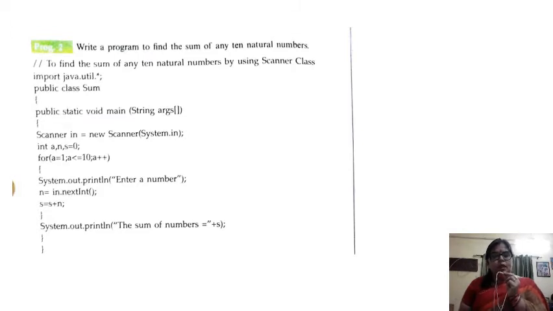See here, students, the change in the program is that here we have to put any natural number, any 10 numbers, whereas there the numbers were in a series. See here how it has been changed. Here we have input n inside the for loop, and in the previous program the n was above the for loop.